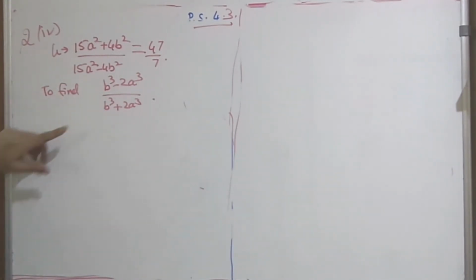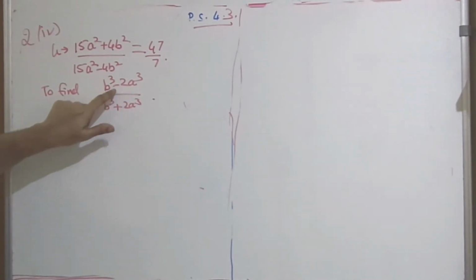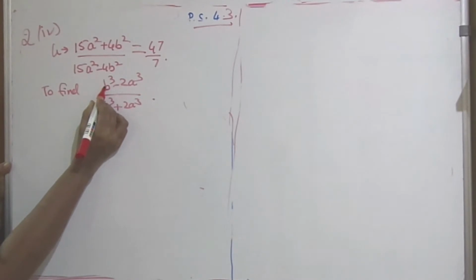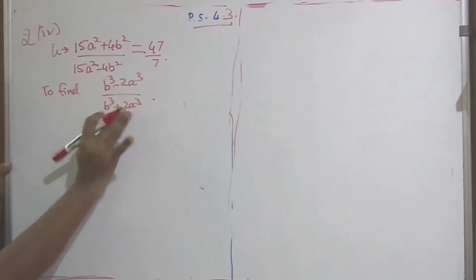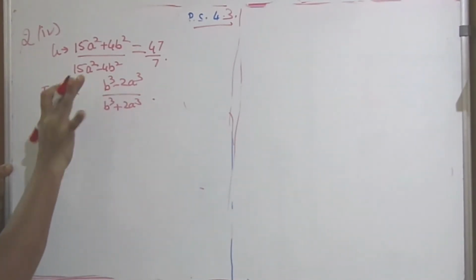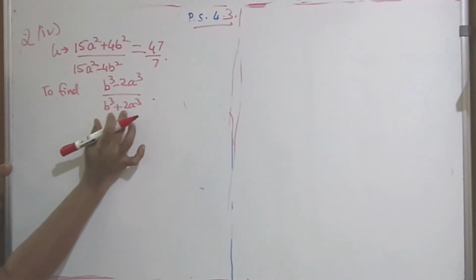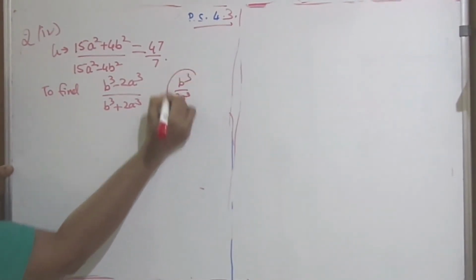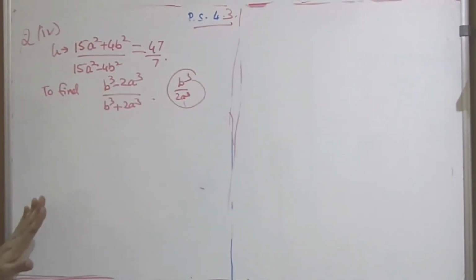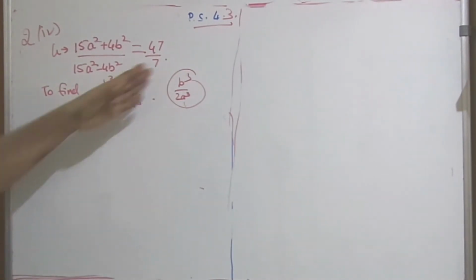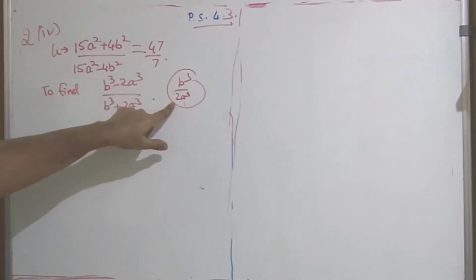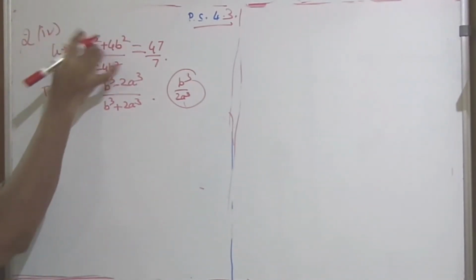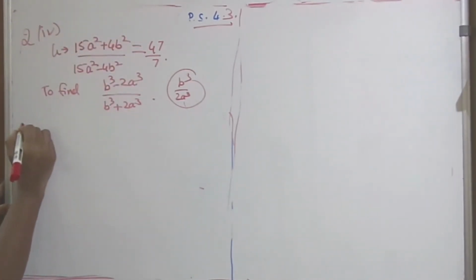Okay, so now see here, this gives you an idea that this is a minus b upon a plus b, which means the opposite of componendo dividendo. So first you have to do componendo dividendo and then invert it. Componendo dividendo of which ratio? b cube upon 2a cube. So you first have to get a upon b, make it b upon a, then multiply by 2 downstairs and then take the cube, and you will get this. But there is a big ratio over here, and from this ratio you have to find componendo dividendo. So let us first start.